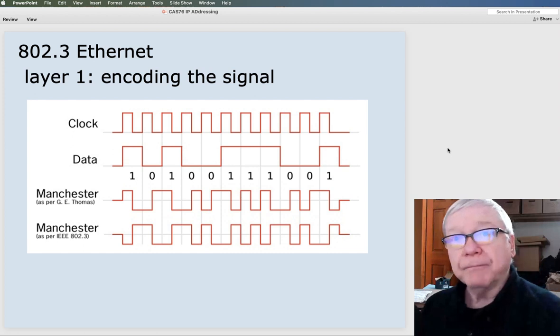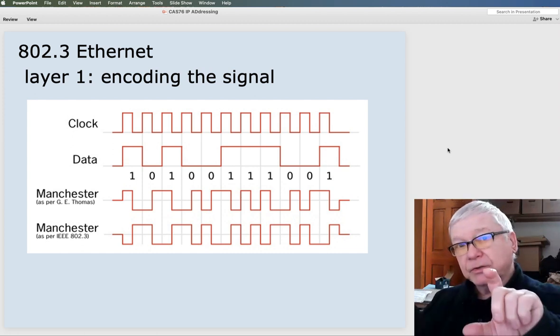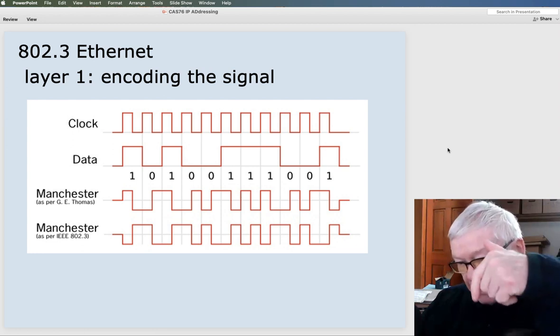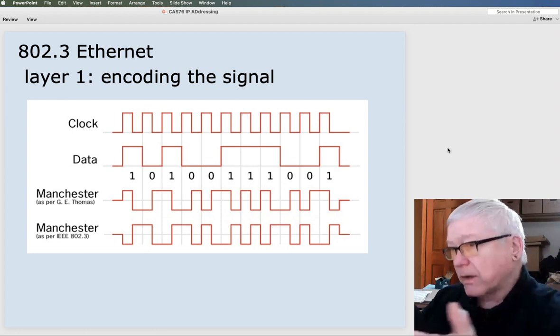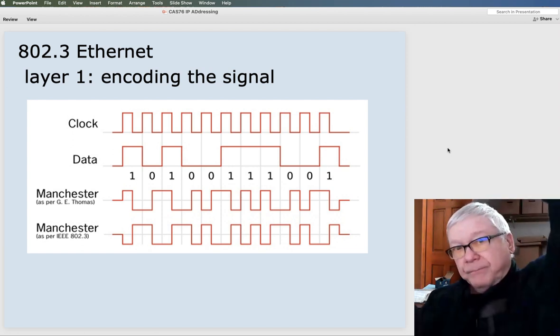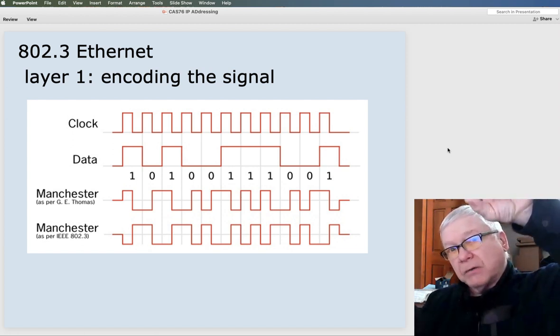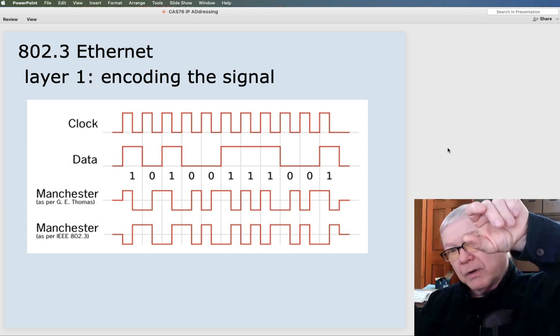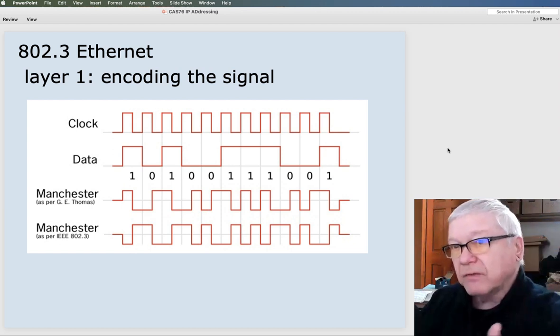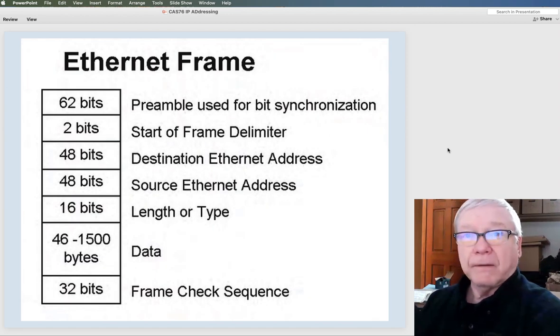So layer 1. If my layer 2 is Ethernet encoding and decoding, and my layer 1 is an Ethernet wire, this is what's going down that wire. Layer 2 turned the 1 and 0 coming down the OSI model. It says, okay, they want me to send a 1, so I need to send this kind of signal out the wire.